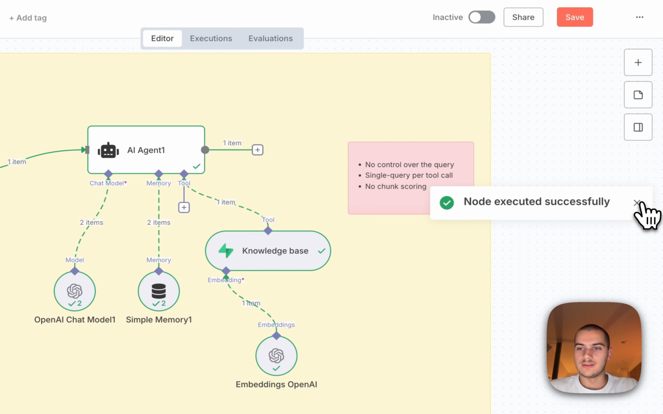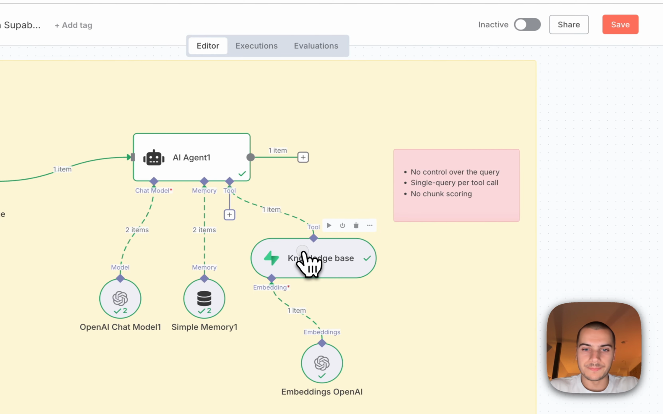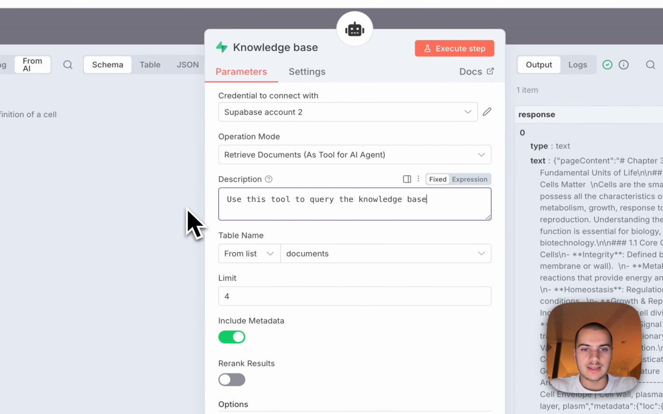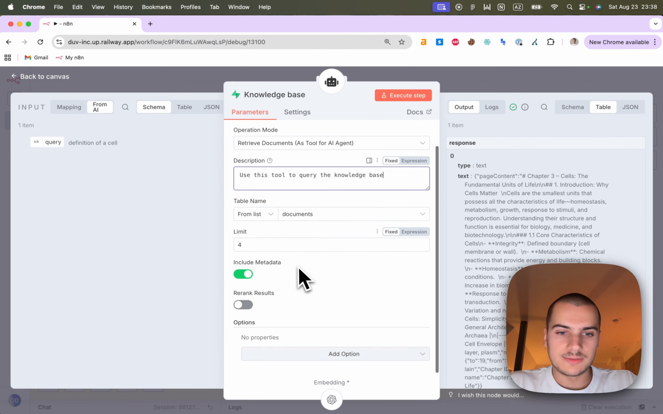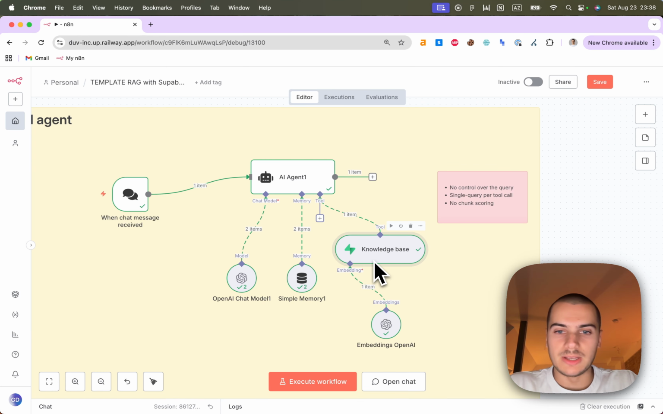Now, one of the limits of this setup is that you don't have control over the query. Here, you can just set a description to let the agent know how to use that tool. That's kind of it in terms of controlling what query will be sent to your vector database, and that might be a limitation. Another point is that it only does a single query per tool call, and there is no way to maybe break the topic down into multiple subqueries